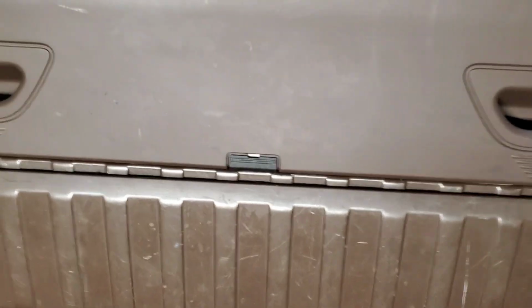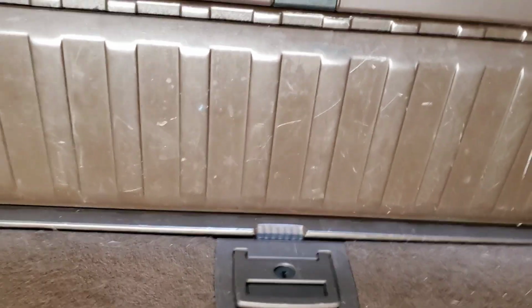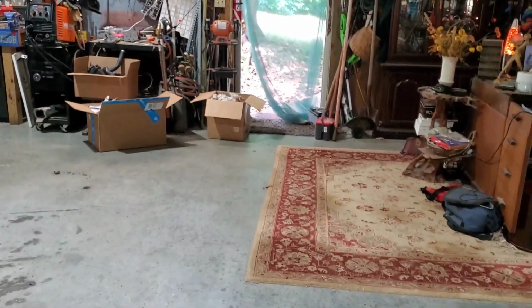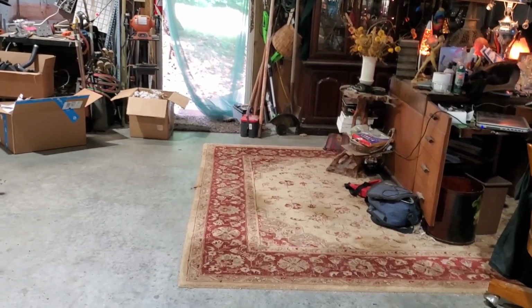Let me get some better lighting. But first of all, fold down the seats. Okay, so we're going to climb on into the back, and you'll see right here in the middle is this little black tab. Pull that down, give it a pull. There we go. Obviously, I still have my battery hooked up, but that's how you manually open an E70 X5,